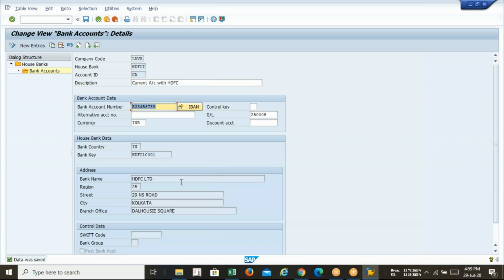What I'm trying to say is, whenever you create this in your company code, do not use this bank key. I am selecting 1001. You just select 1002 or 3 or 4, something like that. Anyone having any doubt? We have done with the bank creation, the bank master record in SAP.